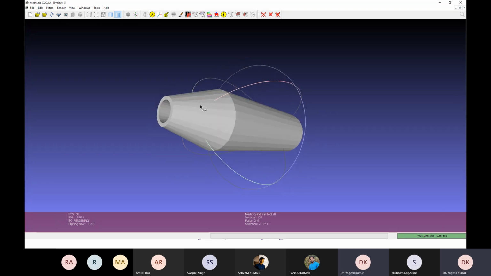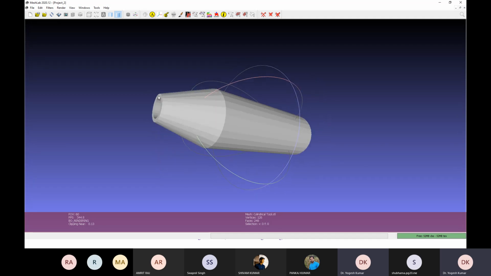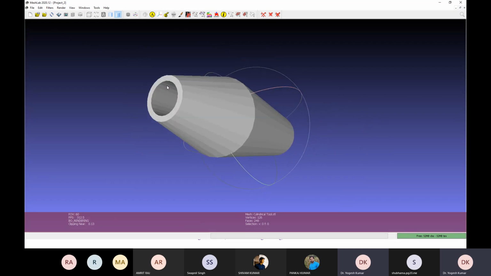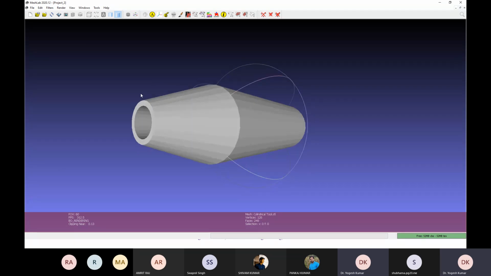But in an actual situation when you are dealing with a complex object, you may find that some triangles come out at the surface at some portion. At corners you will face such difficulty, which I have not faced during the conversion of this STL. So you may find some triangular portion coming out of this surface.